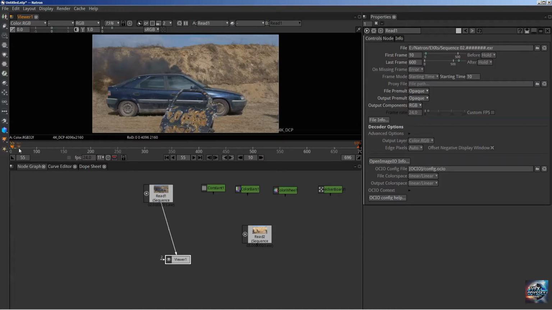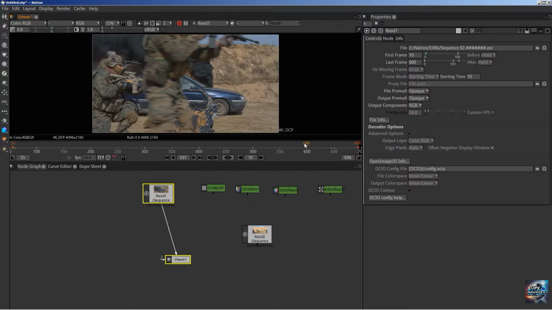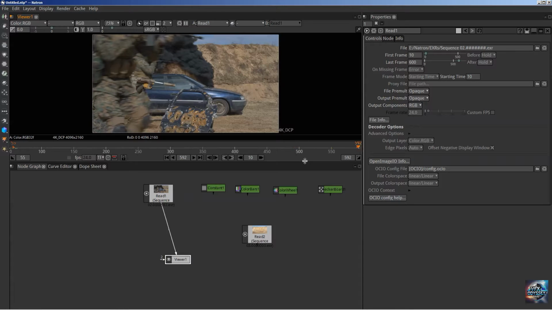Alt-I gives you the input, 55. Now, if I want 592 to be the out, it's going to be Alt-O, and here I have defined the input and the output,